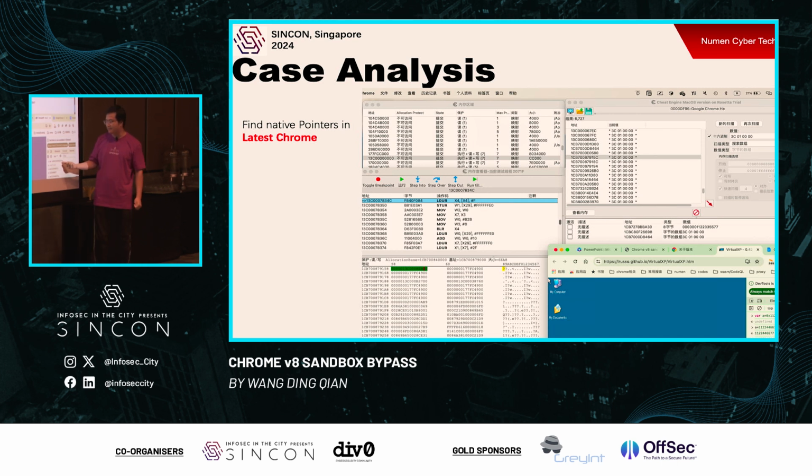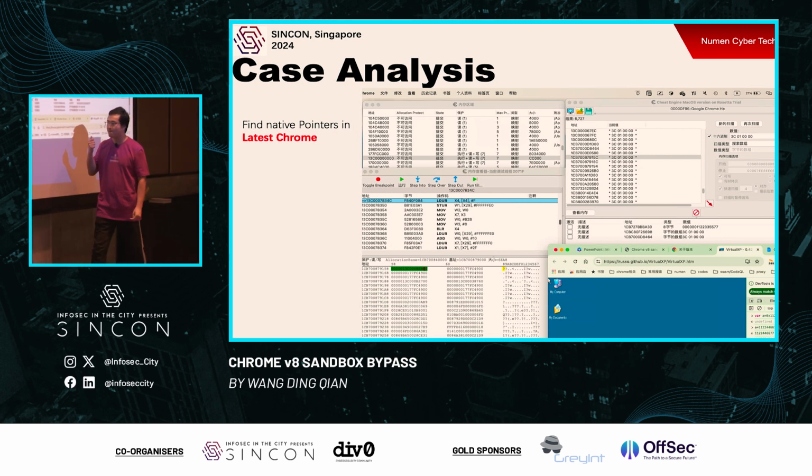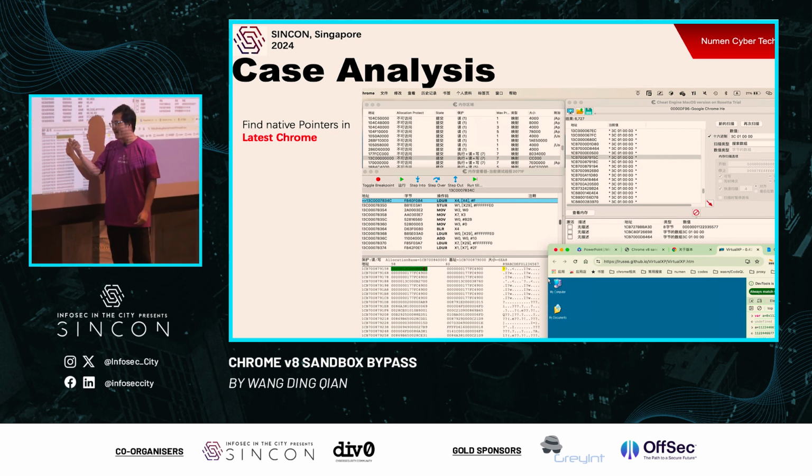After we load Windows XP, we apply for some objects and use the search engine to search this number. It's just a random number. We search it, and then we can check the address. The first half part of the address is the WASM engine address, so we can locate it. Then we can change the contents, and you can see the contents were changed in the search engine. So here is the native pointer.